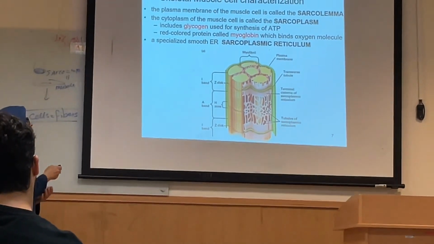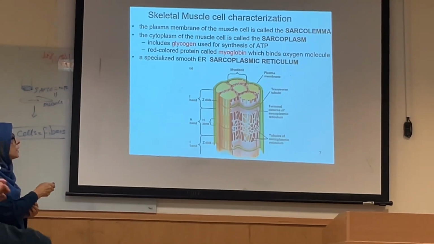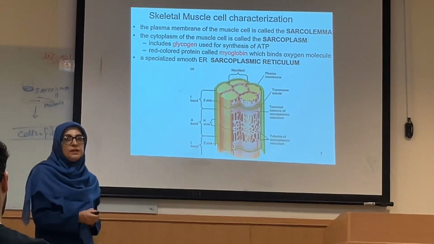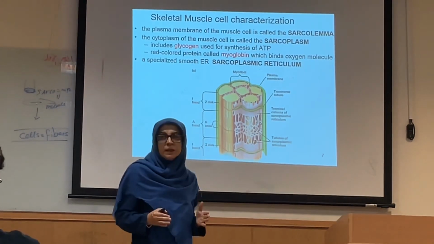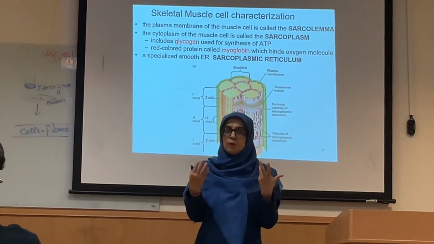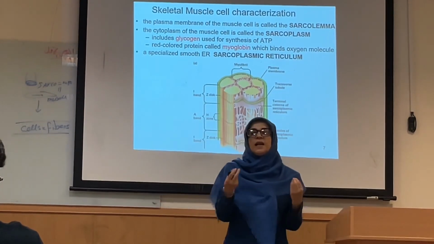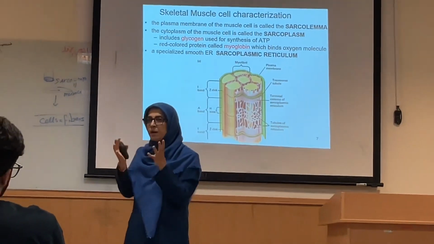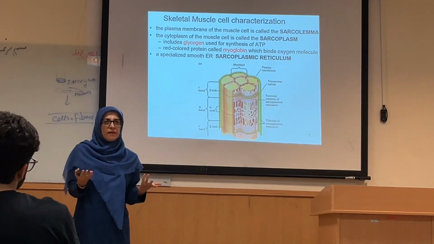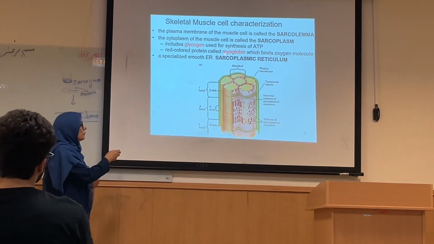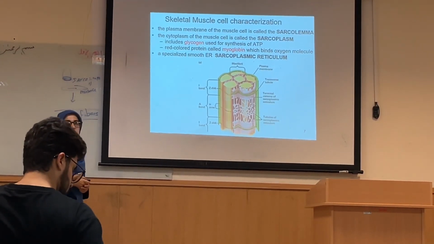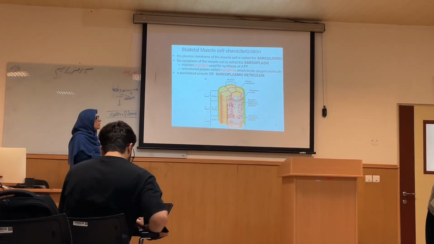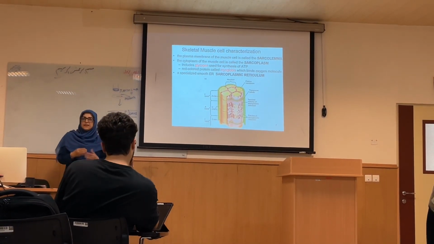And another one is a red color protein named myoglobin, which is equivalent to what we have in the blood as hemoglobin. Hemoglobin is a protein that has a red color. Because of it, the blood and muscle both have a fresh red color. In the muscle, myoglobin, the same as hemoglobin, can bind to blood gases and